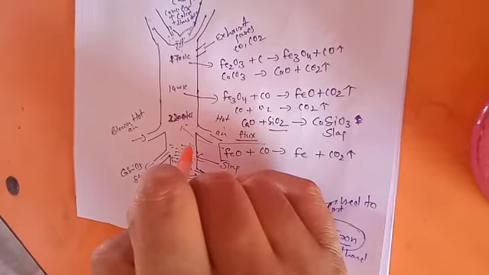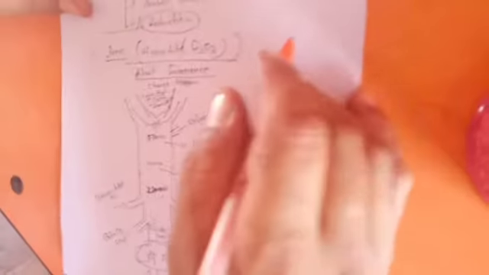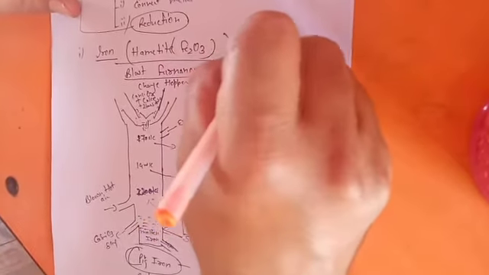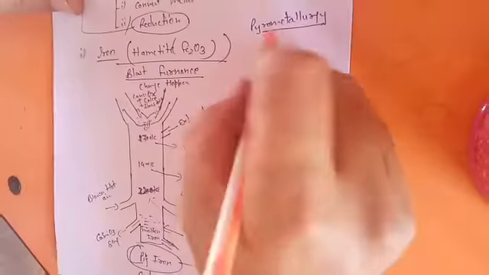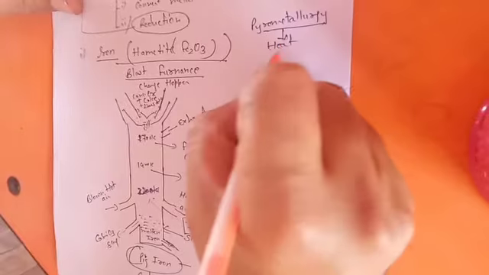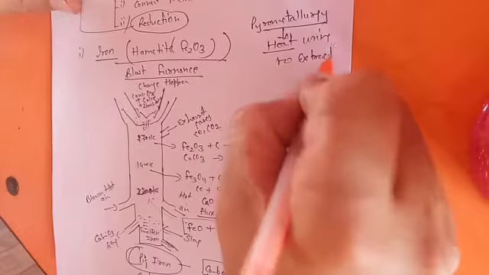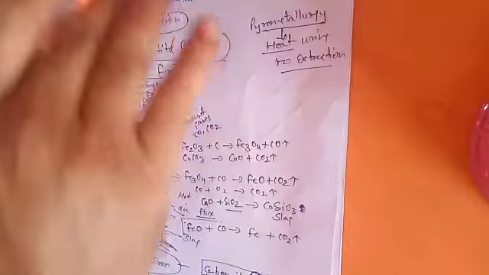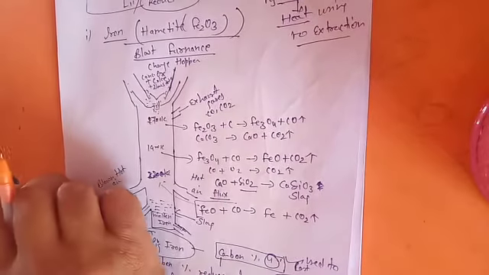At what temperature this is happening is told by the Ellingham diagram. So that's how the Ellingham diagram helps us. There is one more word I would like to tell you here, that is pyrometallurgy. What is pyrometallurgy? You are using heat for extraction. If you are applying the heating principle, then it is termed pyrometallurgy. So you have extracted iron by pyrometallurgy particularly.